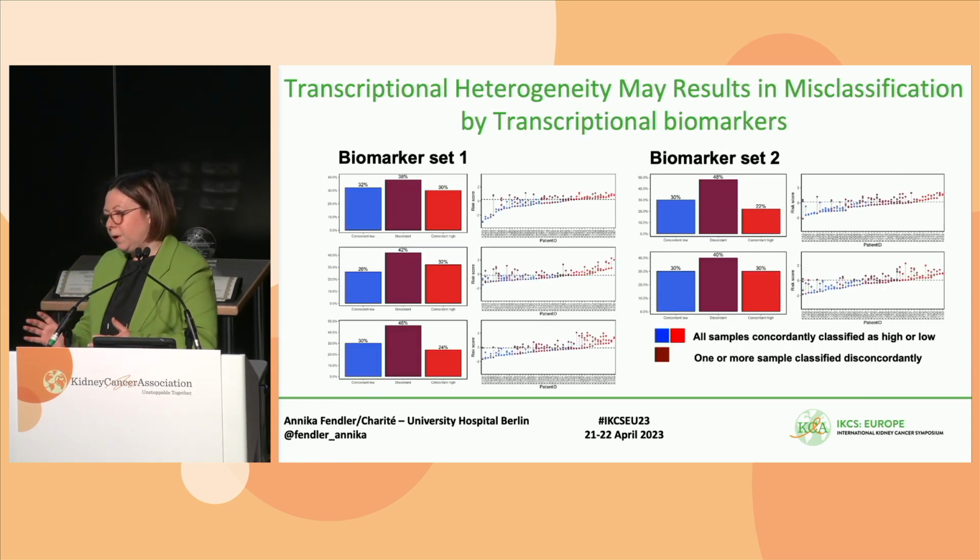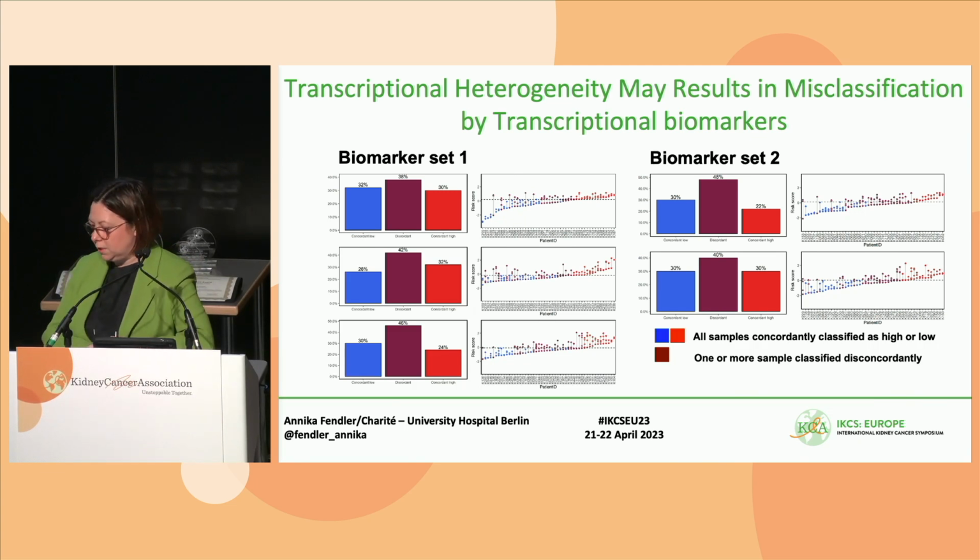So we looked at certain biomarker sets that have been described in the kidney in recent years. We looked at prognostic biomarkers and predictive biomarkers. And then we checked for each region how we would classify the tumor based on this signature. On the right-hand side of each of these graphs, you can see per column a single patient, and you can see the dots as every region. And you can see there's quite a big proportion of tumors where we would misclassify, where one region would say the signature is present and the other region would say it's not. And across all these different data sets, it's around 40 to 50% of the patients.